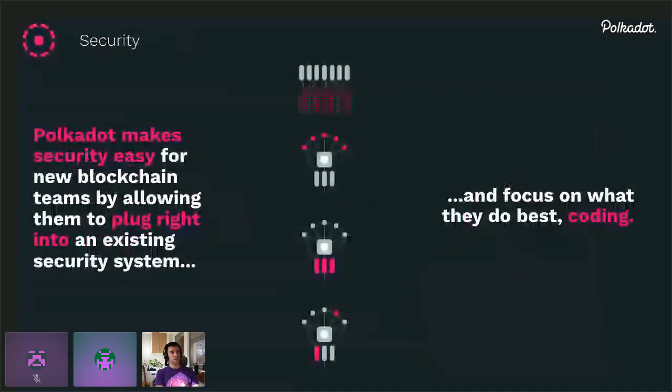Now, I've mentioned security. I'm not going to go too deep into this here, but really think about how highly prone smaller networks are towards some sort of attack, some sort of malicious behavior, and essentially Polkadot tries to solve this by providing shared security to its whole parachain set, or everybody who wins a parachain slot.